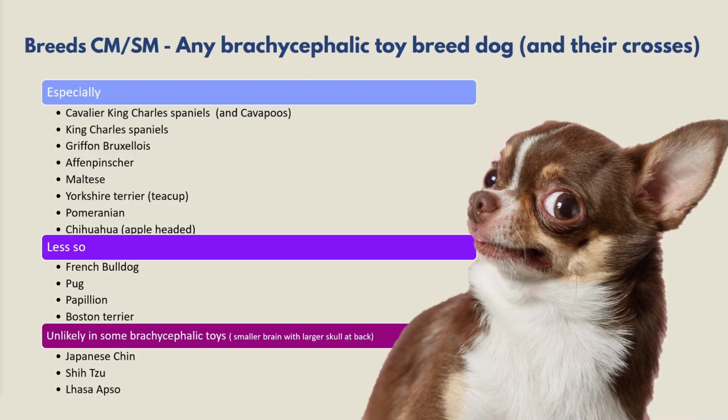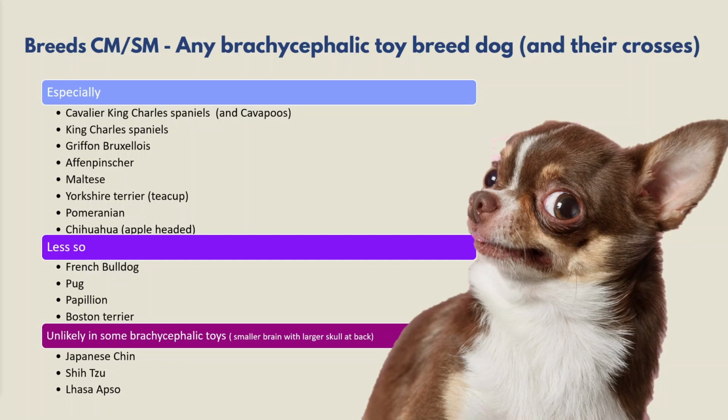What breeds are affected by Chiari malformation and Syringomyelia? Well, the most common ones are the ones listed at the top. Chiari malformation is ubiquitous, meaning it's there in pretty much every single Cavalier King Charles Spaniel, unless they look like the dog that I showed you, and also in Cavalier crosses, especially if the cross is